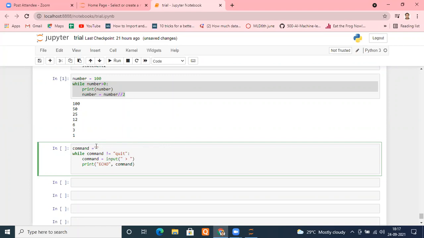First of all, it will see the command, which at the beginning is a blank string, right? A blank string. So it will compare here: my command is a blank string, it is not equal to quit. Yes, this condition is true. I'll go to this line and ask him, please enter your input. Whatever input he enters, after this line, or you can put it here as well, enter the command if you want.